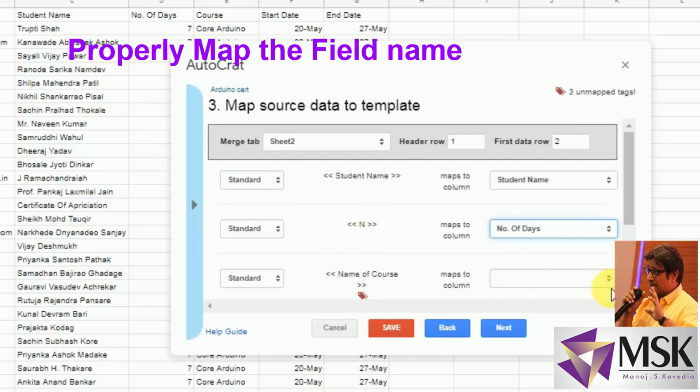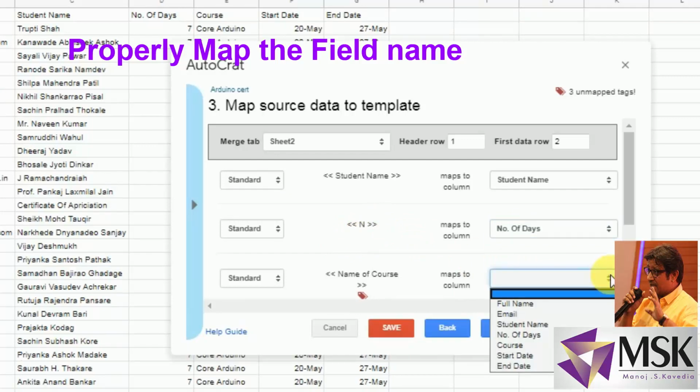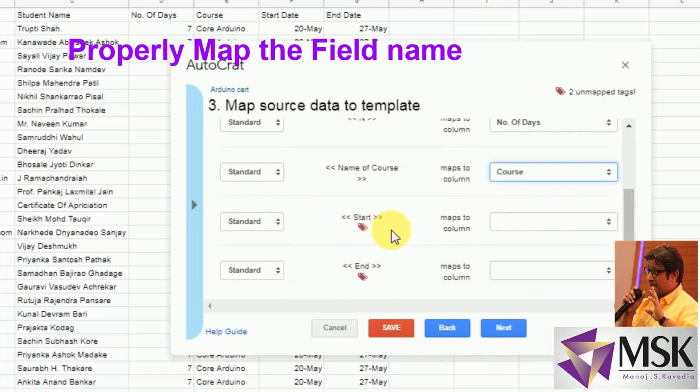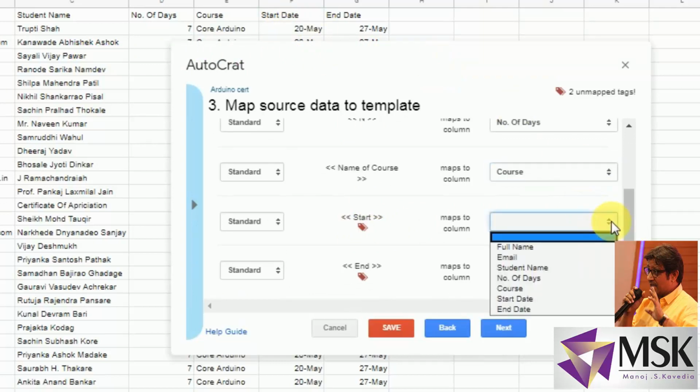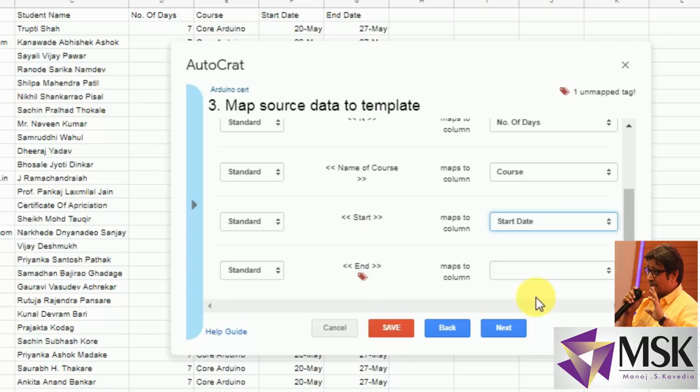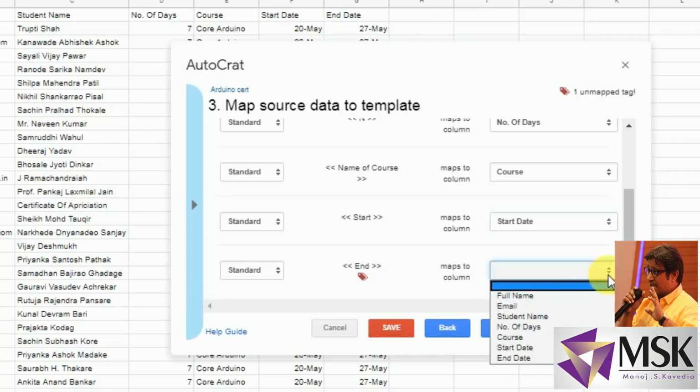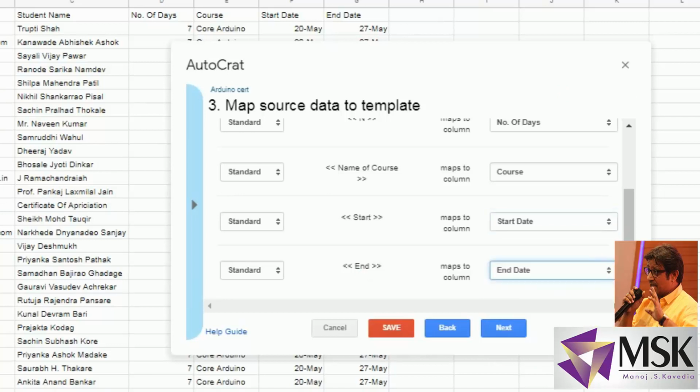So two fields are mapped, and now I'll select name of course, and that field was course in my response sheet. And then start date, so that was the start date, and end date is the end date field. So I'll select from map to column start date for the start field, and for the end field of the certificate I'll select end date.